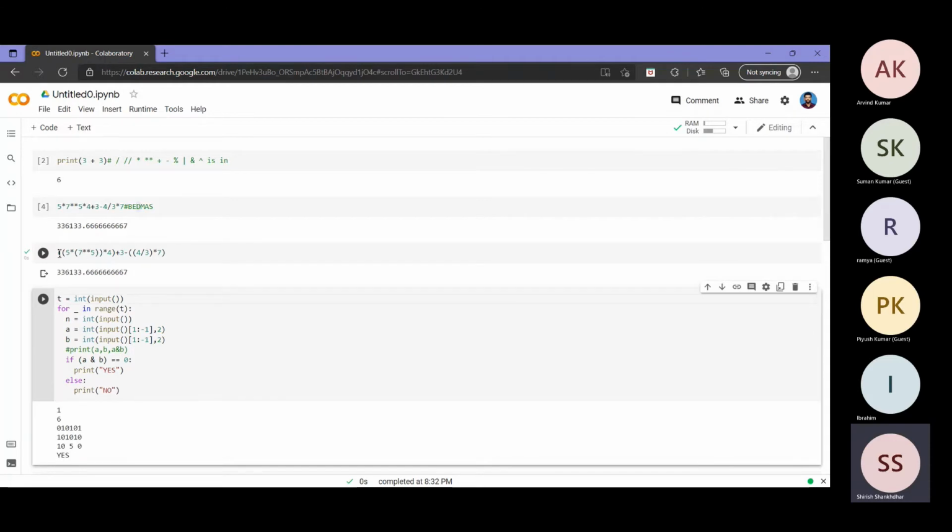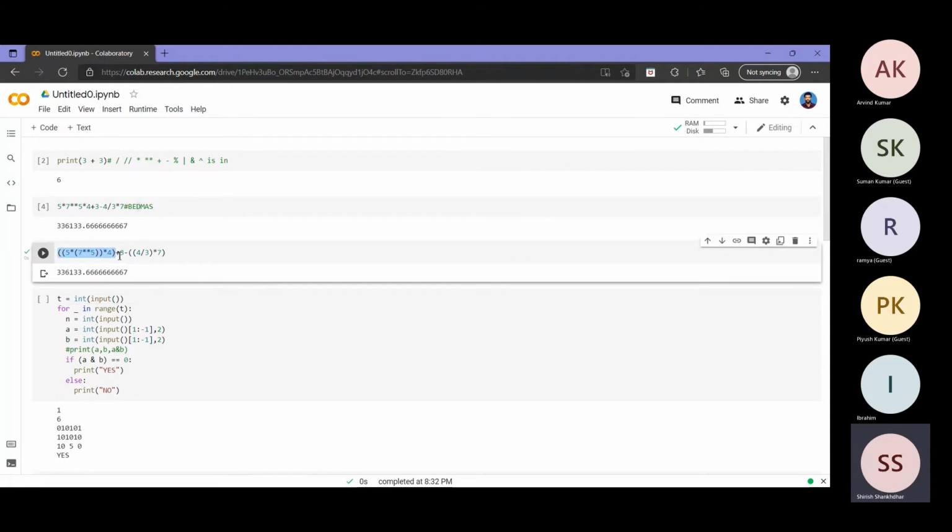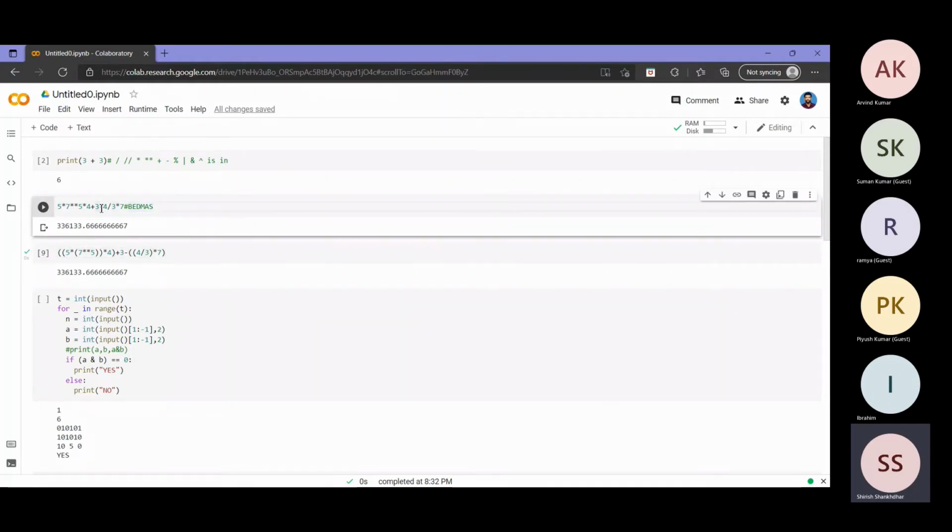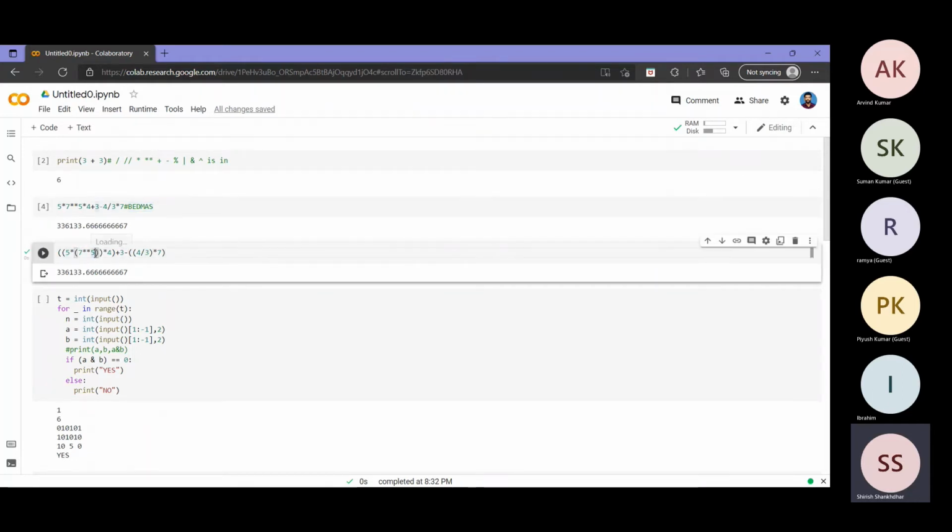Now as you can see, I have one big bracketed operation here, then plus 3 minus. Now this is simpler to understand, right? Within brackets, if I separate, I have one thing here, 3 here, and one thing here. And within this, it is easy to know that this thing is 5 into 7 raised to 5 into 4, and this thing is 4 by 3 into 7. Both the first and the second give the same result, they actually do the same thing. But the second one is more readable, right?